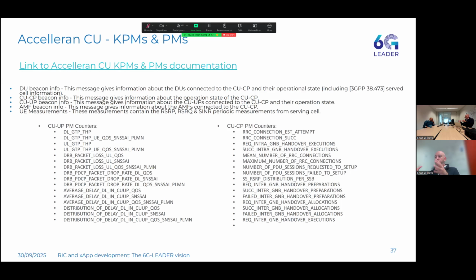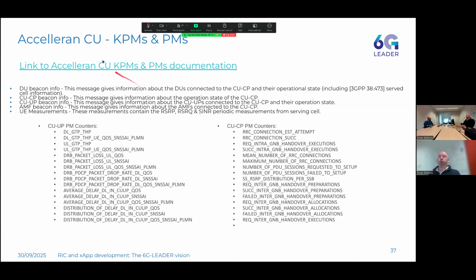Of course, when the RIC is paired with simulators or other RAN components, then this list is different and is dependent on the RAN component or simulator that is available. But all in all, the way that we expose the information is the same. So I'll just run through examples of the data that we have in the system. And mostly RAN vendors stick to the same ones, because these are 3GPP-defined 5G counters, which are mostly utilized in different use cases.